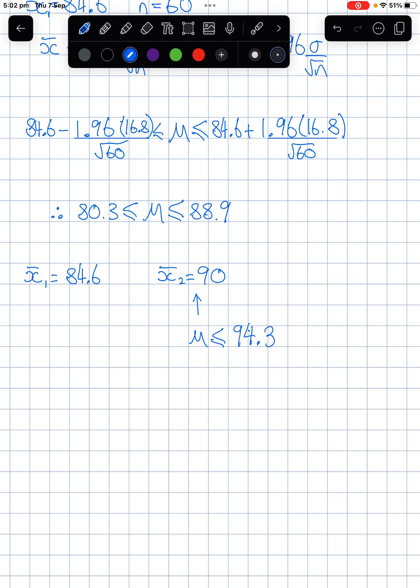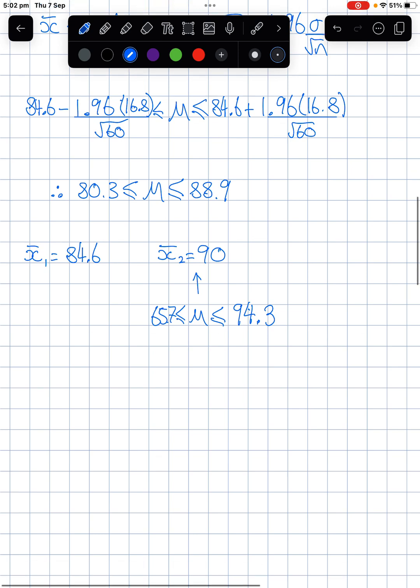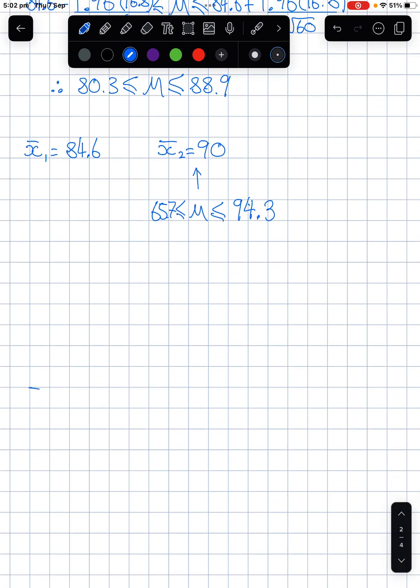94.3 down to 65.7. Okay, so I'm just making these up here because it's 8.6 apart. So you notice that straight off this second sample would have a sample mean. Now, if you consider the population here,